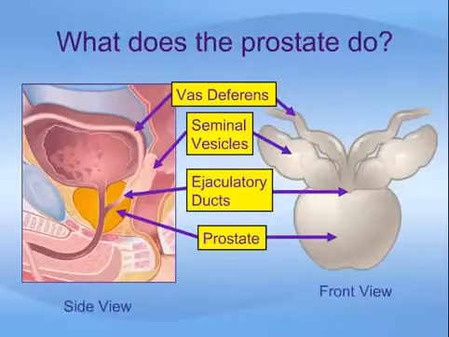This slide shows how the prostate is associated with the male ejaculatory system. Sperm is made in the testicles and travels through the sperm duct or vas deferens to join the ejaculatory duct. Fluid from the seminal vesicles and prostate also passes into the ejaculatory ducts to bathe the sperm and create semen, which is expressed out through the urethra during orgasm or climax.